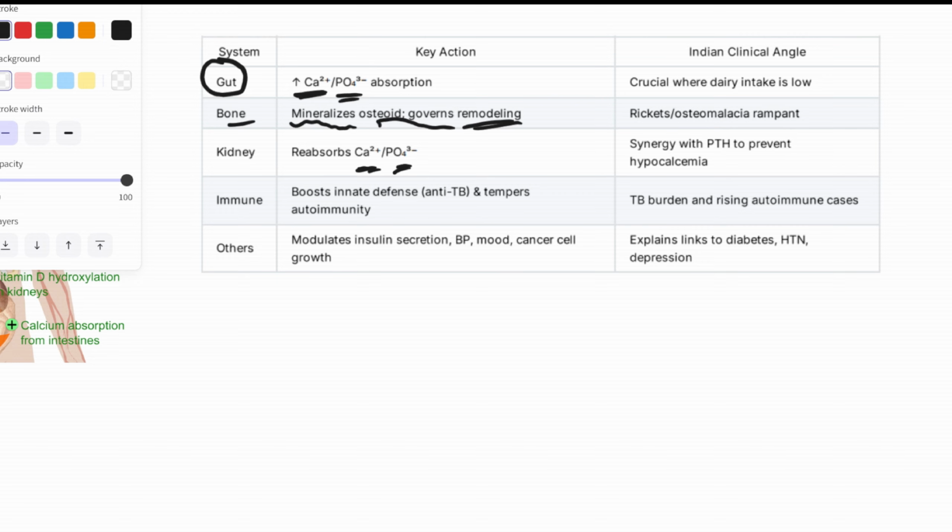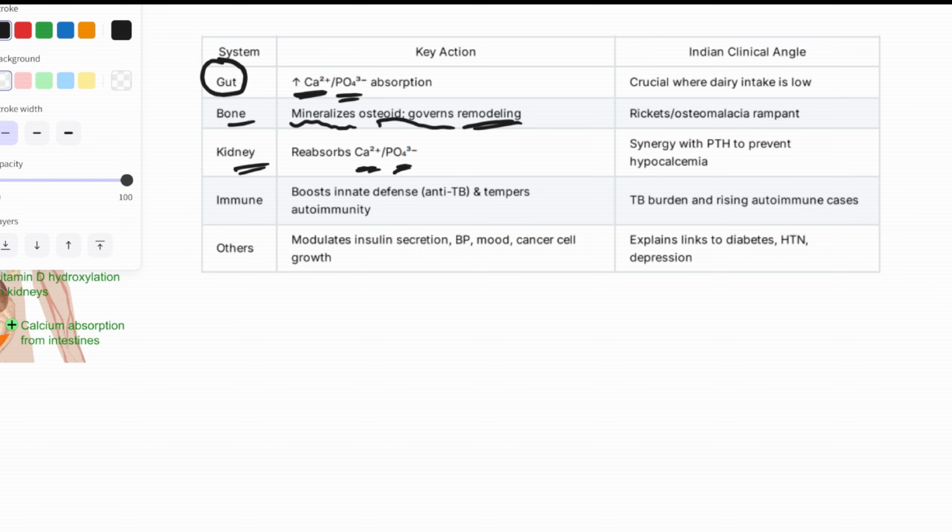While calcitriol can stimulate osteoclast activity indirectly at high concentrations or directly in concert with PTH, its overall physiological role is to maintain bone health by ensuring adequate mineral availability for proper mineralization. In the kidney, it enhances the reabsorption of calcium and phosphate in the renal tubules, preventing their loss in urine. Calcitriol upregulates calcium channels and pumps in the distal convoluted tubule for calcium reabsorption and influences phosphate reabsorption in the